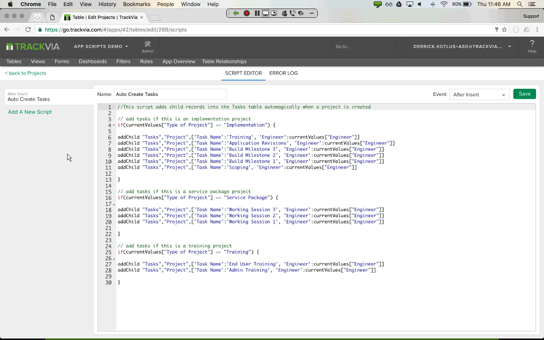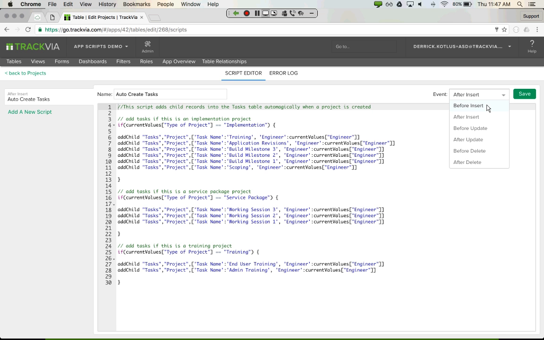Now, the other thing that I want to point out before we even look at the script is that there are different types of events. In this case, we are using an after insert event. An after insert event is primarily used, in this scenario actually, for auto creation of child records. So of course, if this script were to run before an insert, the child records would be created but not have a parent to link back to. So of course we use an after insert, meaning after I've created my project, go and create all of the